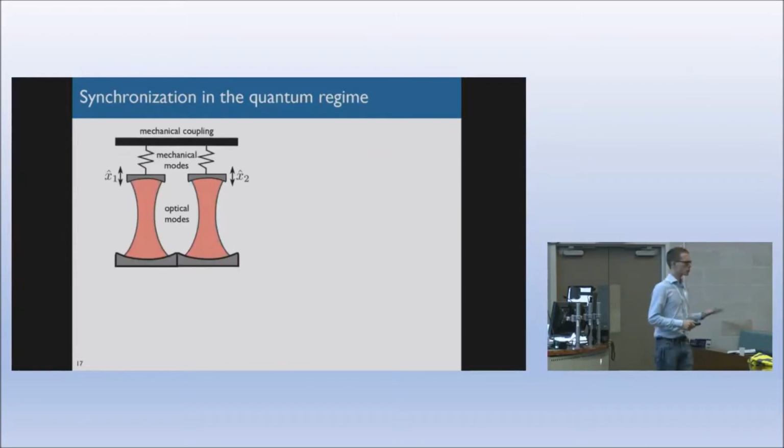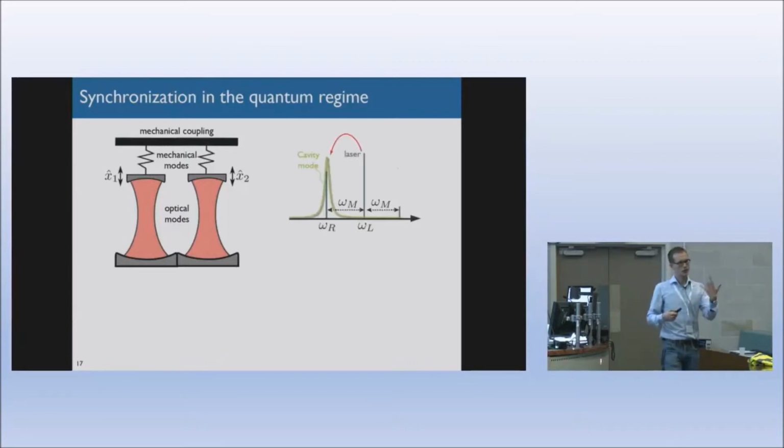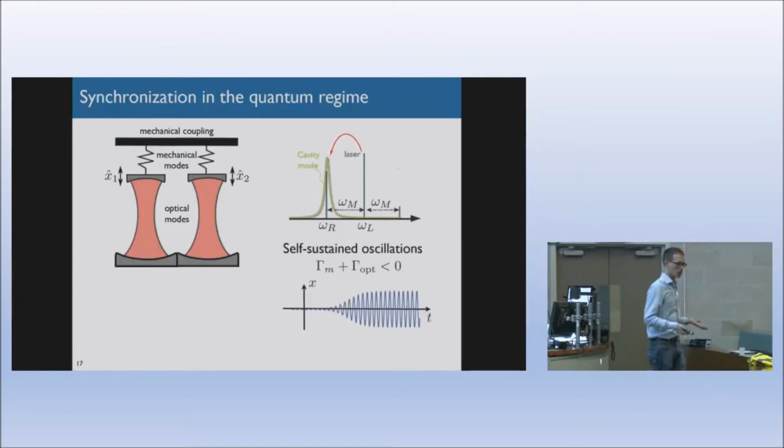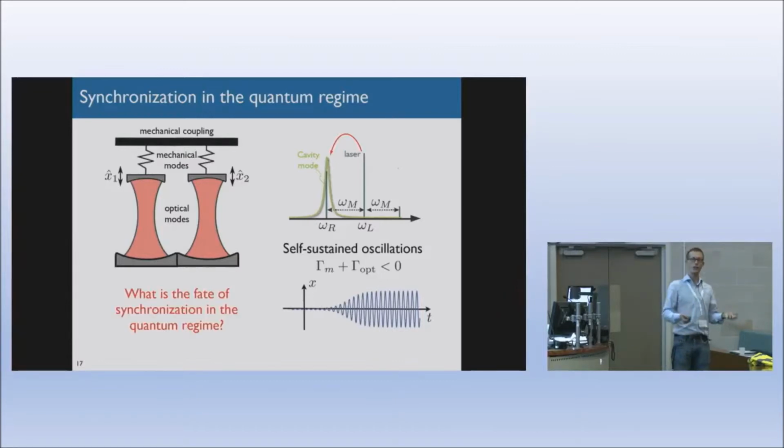So what has this to do with what I just told you before about the cavity optomechanics? Well, you can think about structures which contain 2 or more of these degrees of freedom and are mechanically coupled. Then you can excite the system into self-sustained motion by driving above the resonance frequency of the cavity. If you overcome the internal dissipation, self-sustained oscillations start, the system acts like a laser, and then you can ask,